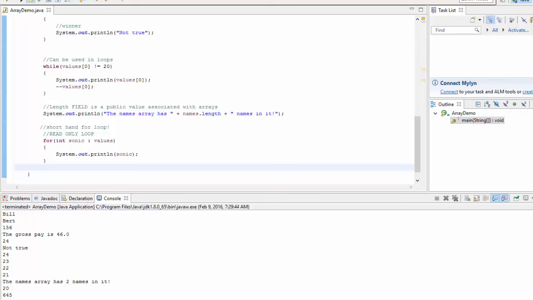Looking into what I want to demonstrate next. How we're doing on time. Actually, we're at a good